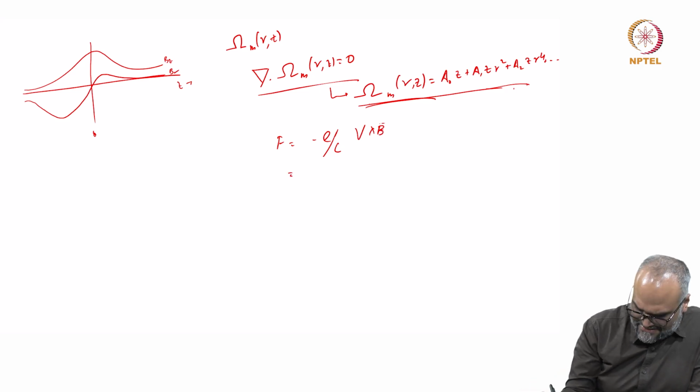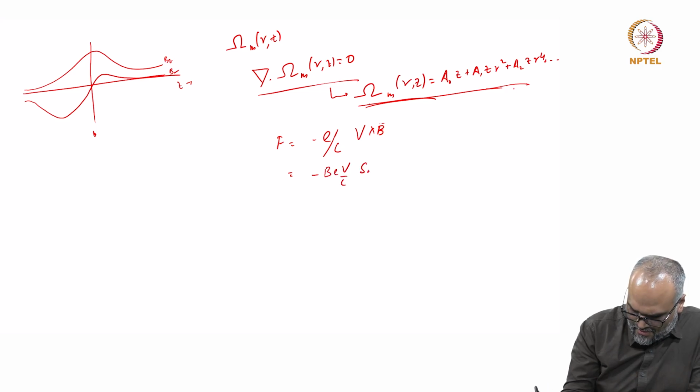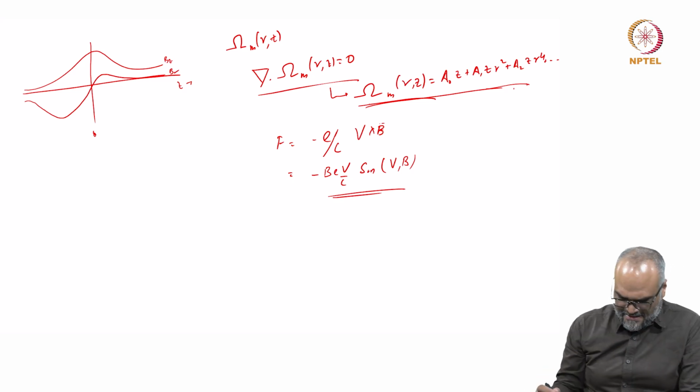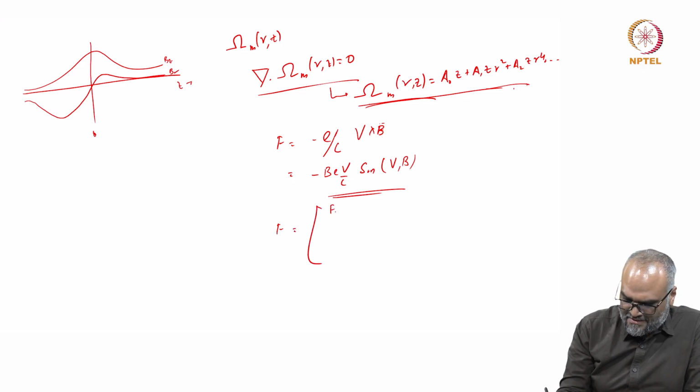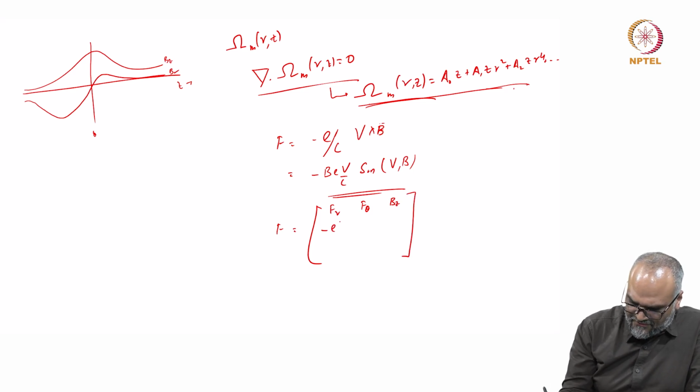and this has a form which is a sinusoidal kind of a waveform. And if I write the matrix notation of this, the radial and the axial components of the forces and the magnetic fields can be written in terms of